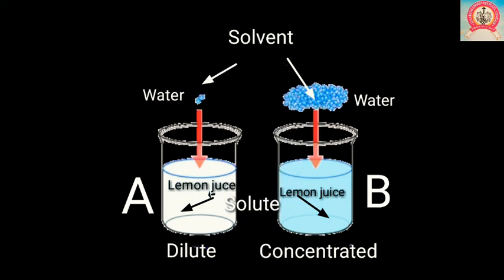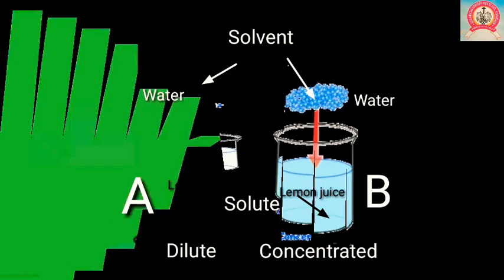Obviously, the solution in the first beaker will be more sour, because the quantity of solute is the same in both solutions, but the quantity of solvent is different. The ratio of the quantity of the solute to the quantity of the resulting solution is different. This ratio is large for the solution in the first beaker, and therefore that solution tastes more sour. On the other hand, the proportion of lemon juice in the total solution in the second beaker is smaller and the taste is less sour.